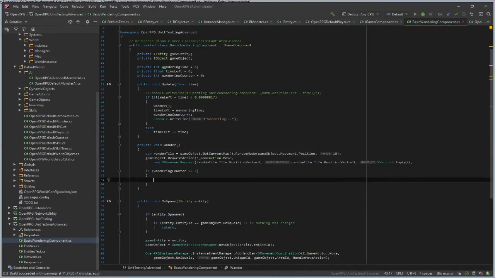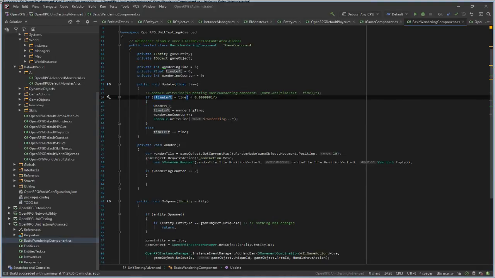If I wandered twice, one after the object spawns immediately, and two after waiting 5 seconds. So I will have to wander twice in 5 seconds.